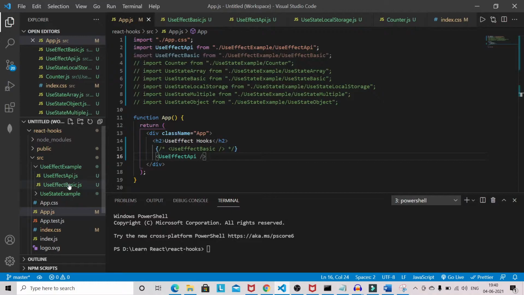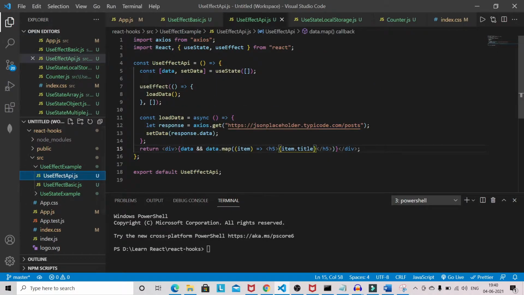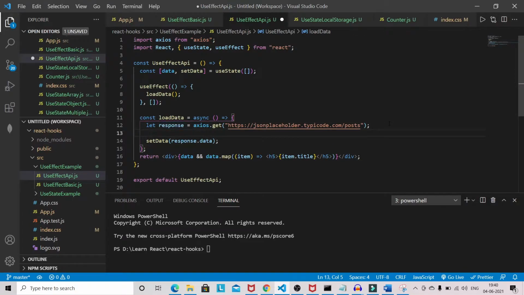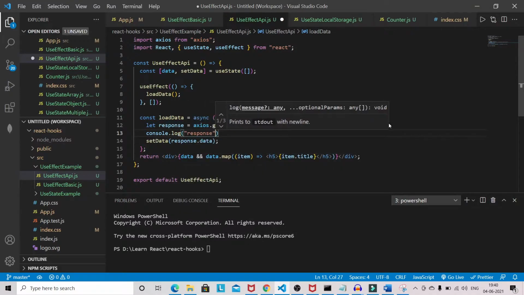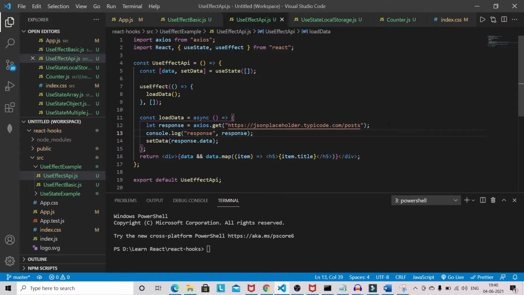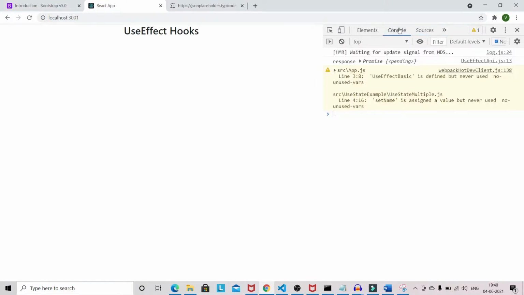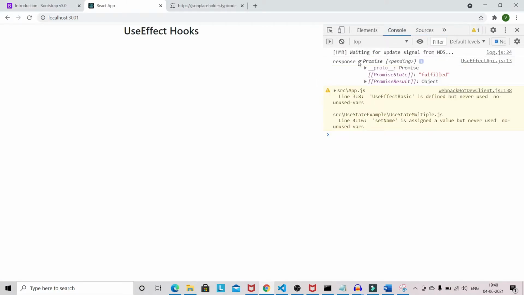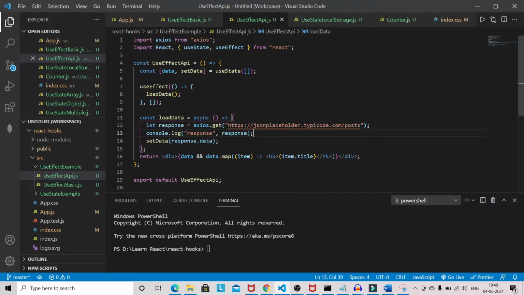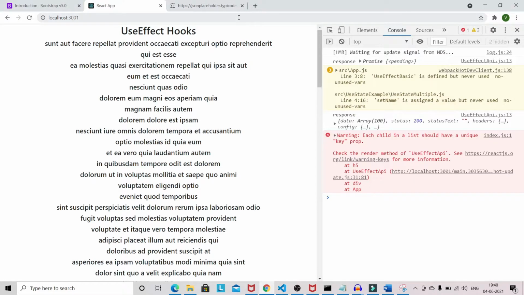So what you can do here is just console log to see the structure of the data. I will reload the page again. Okay, I have made a coding mistake. I haven't done the await here, sorry, my mistake. Now we are able to fetch the data with the help of useEffect.